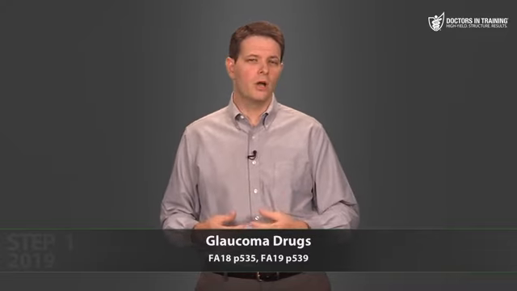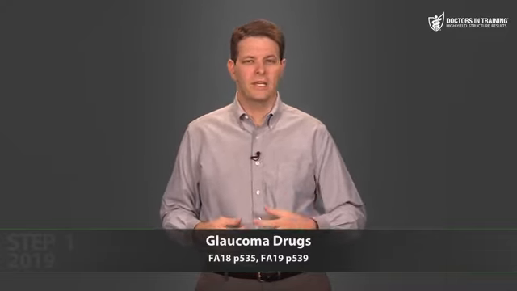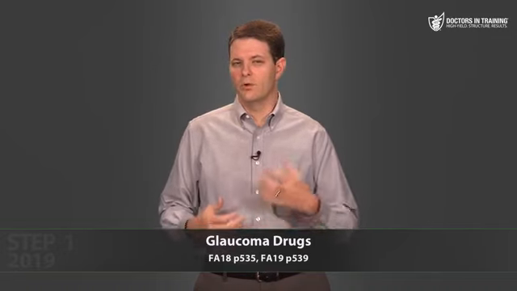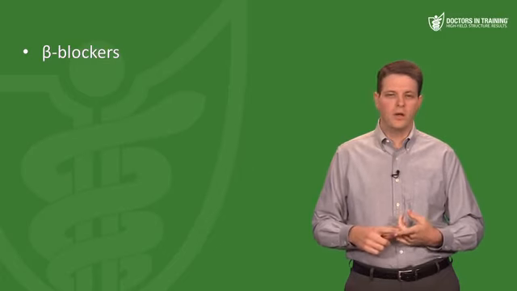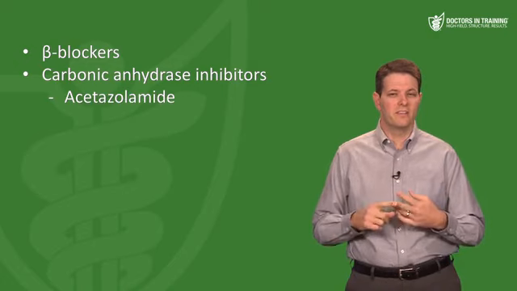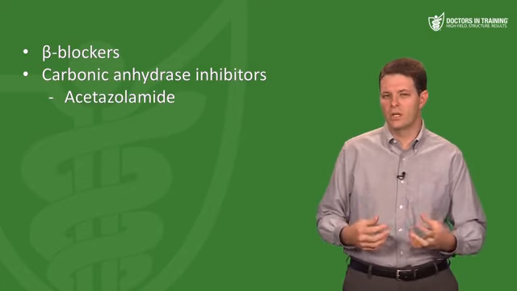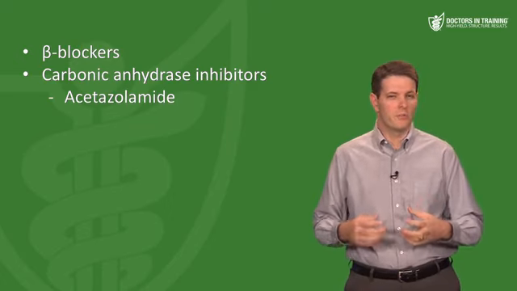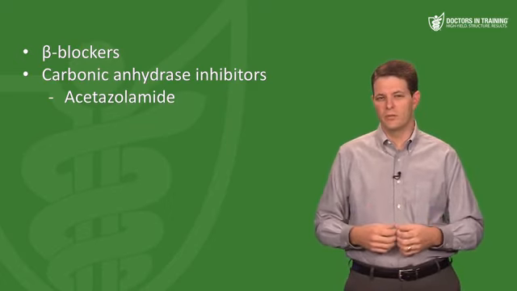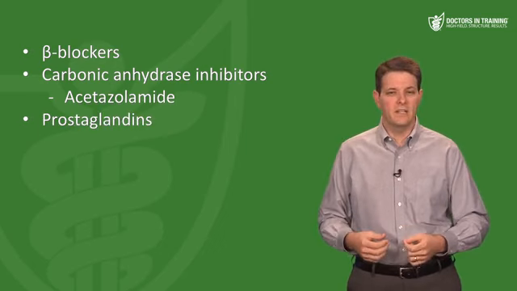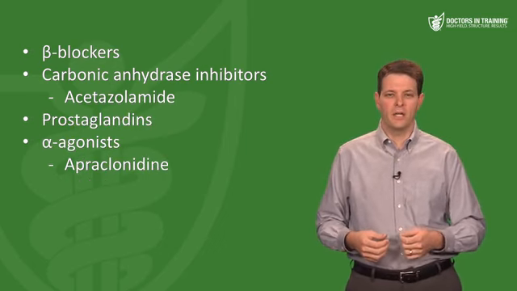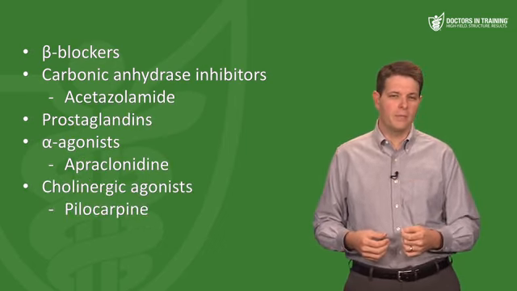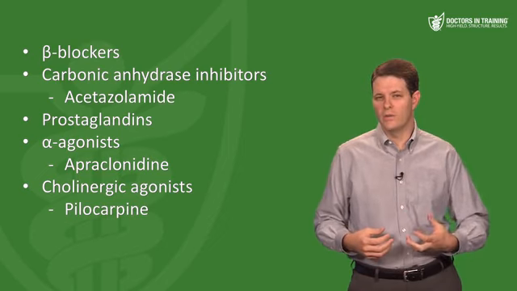So for open-angle glaucoma, we usually treat medically, trying to inhibit production of aqueous humor and improve outflow. Beta blockers and carbonic anhydrase inhibitors like acetazolamide will decrease the production of aqueous humor. The ciliary bodies have a lot of beta adrenergic receptors, and blocking those receptors helps to reduce aqueous production. And then prostaglandins, alpha agonists like apraclonidine, and cholinergic agonists like pilocarpine work by increasing outflow of aqueous humor through